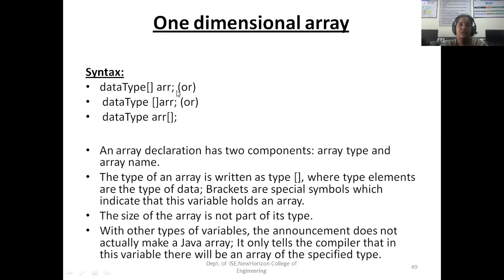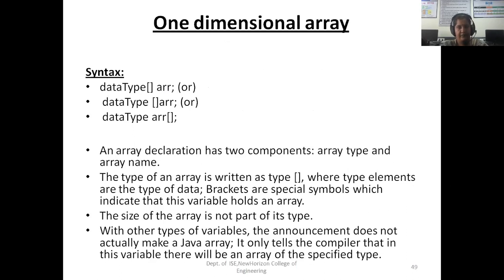So like I told you, when you are going to write a main method, public static void main of String open square bracket close square bracket args, otherwise String space args of square bracket, or String space first square bracket then args. In any way you can write, all are acceptable.